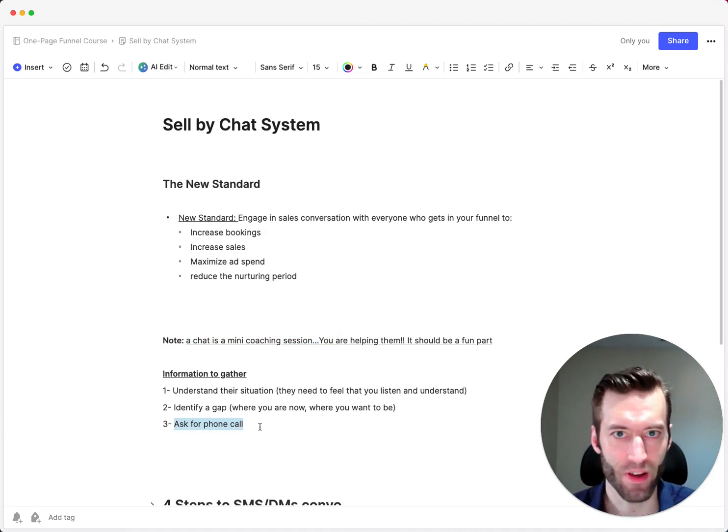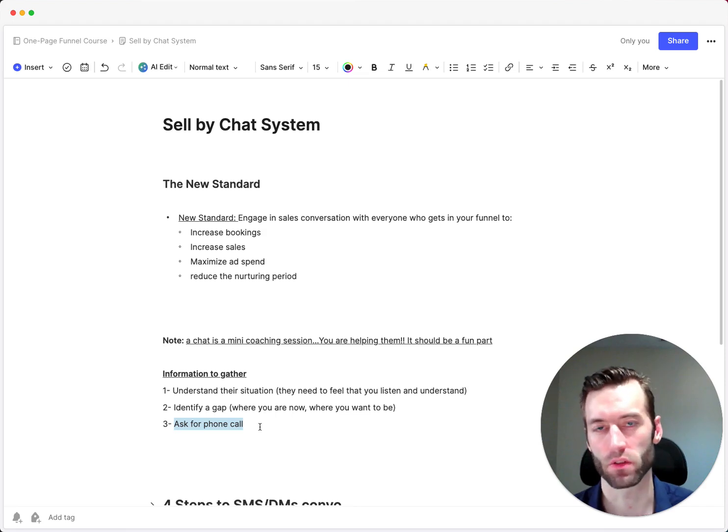And there's an advanced method also. It would be to close in the DMs, close in the SMS. You don't have to go on a phone call necessarily, but that's an advanced move. Usually when you start out, I recommend going on a phone call because you can handle all the objections right there. You can ask more in-depth questions. So it's easier to sell your offering. So I would start with that, but just know that I know many people that make millions without any phone call, even for high ticket offers.